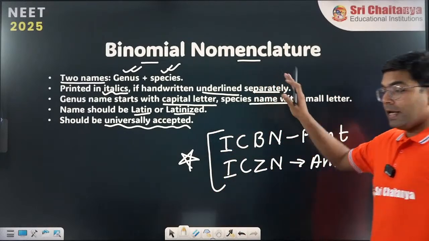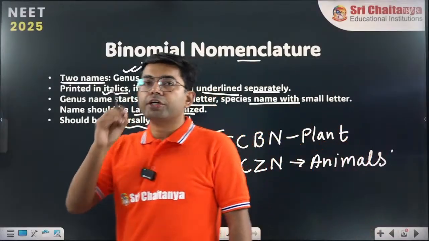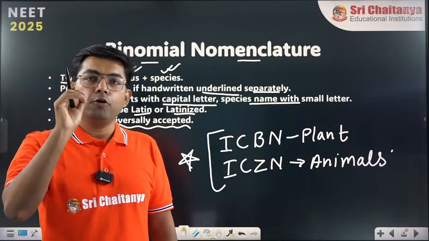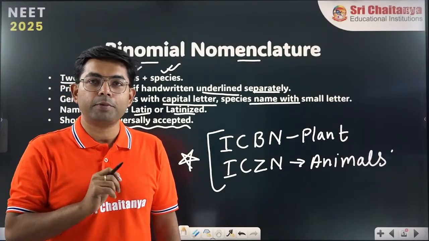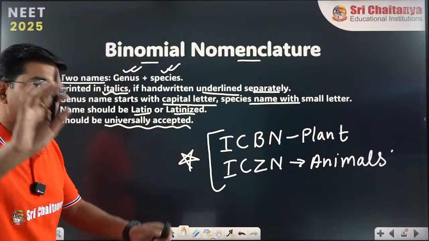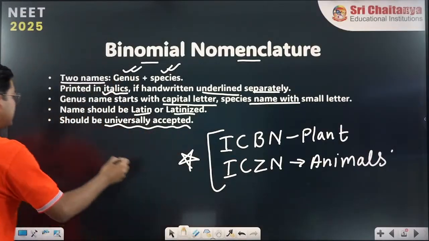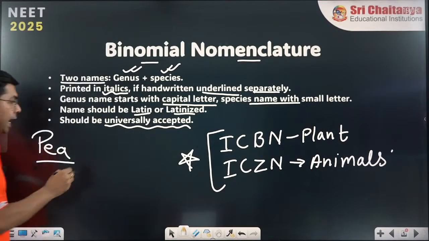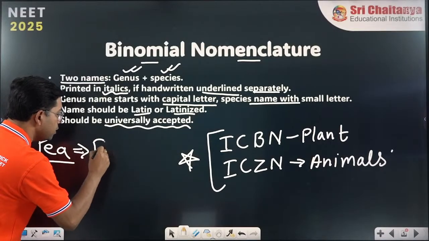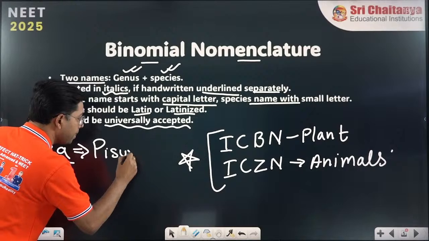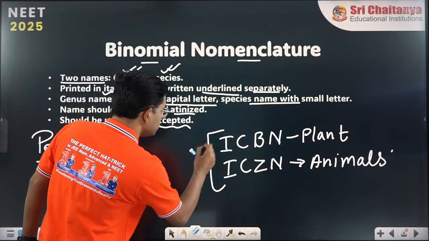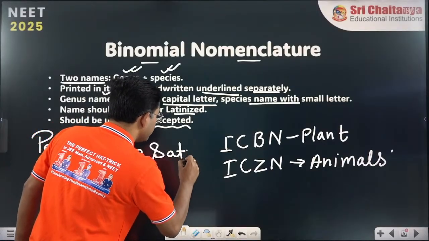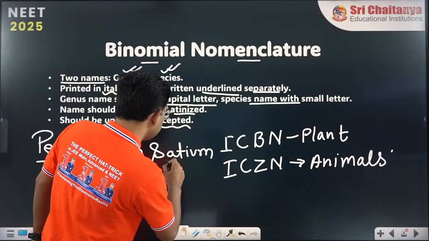Now, in the last class I gave you a certain list of names and their biological names. I hope all of you must have revised and memorized it. So here is the question. First I will give you one example. Let's say the pea plant. Pea has the botanical name Pisum sativum. It is Pisum sativum. Now see what I did.